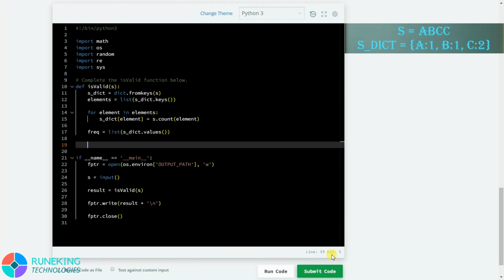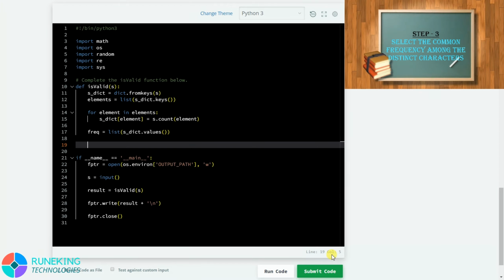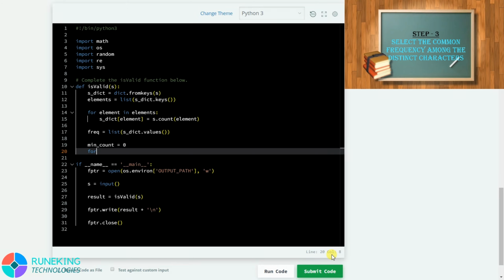Now it's time for the third step, which means we need to select the common frequency. For selecting the common frequency, first of all let's say min count, the common frequency, will initially be 0. Now we will use a for loop. For element in elements, now we will need to traverse through the frequency.